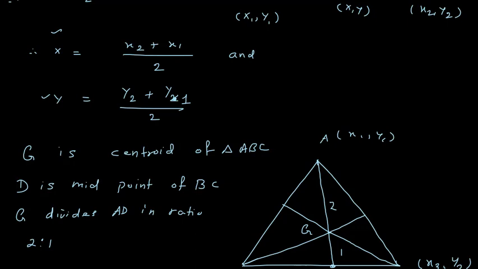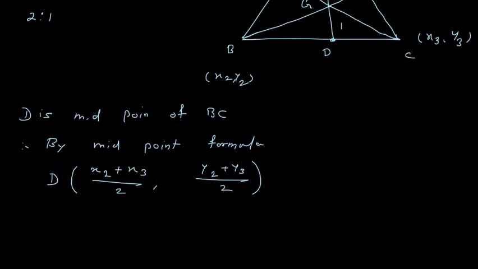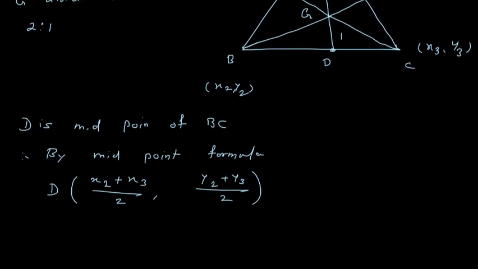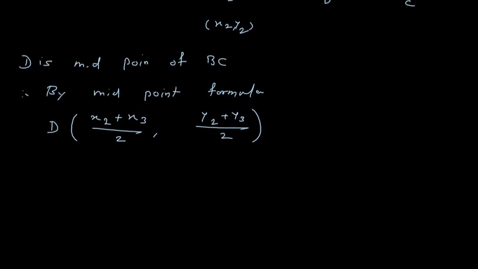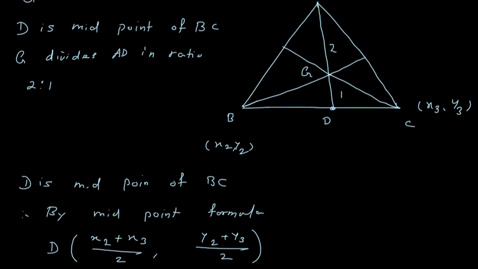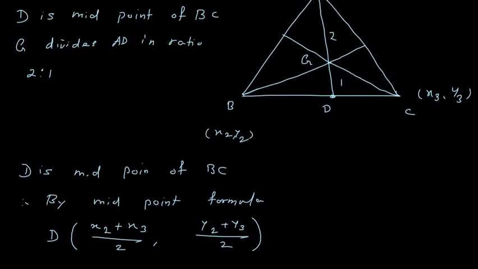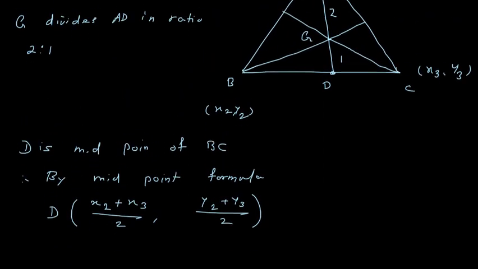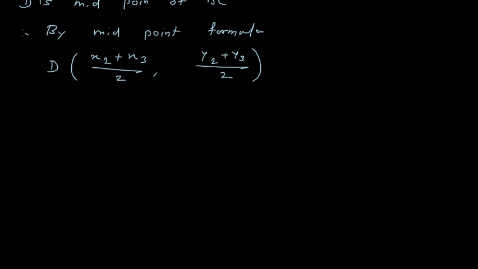You can also say that this is (x1 + x2)/2, (y1 + y2)/2, like that. Okay, so this is the midpoint formula. By that we can find the coordinate of midpoint D. And now G divides this AD in ratio 2:1. So by section formula I can find the coordinate of G. So I will say that by section formula,